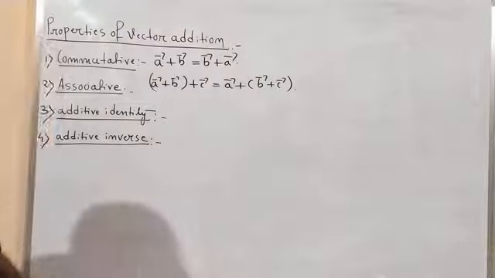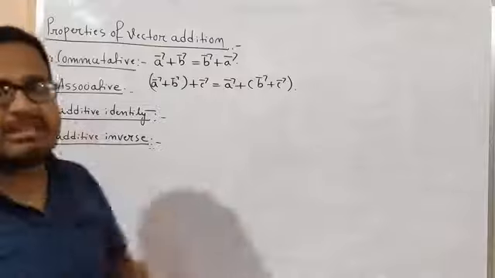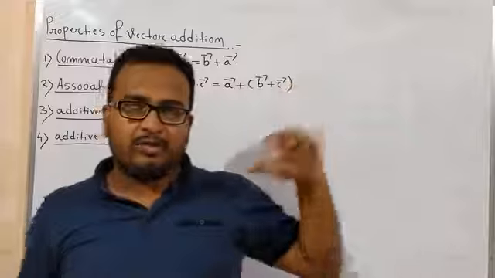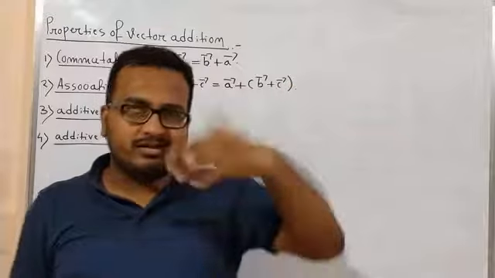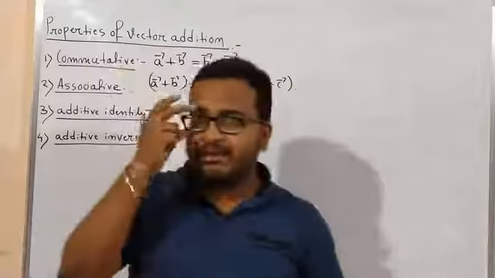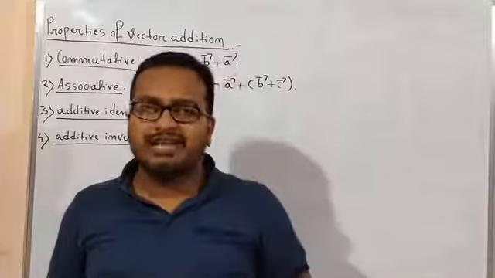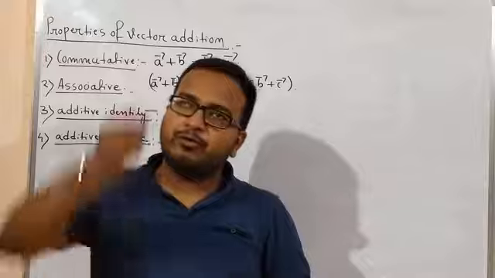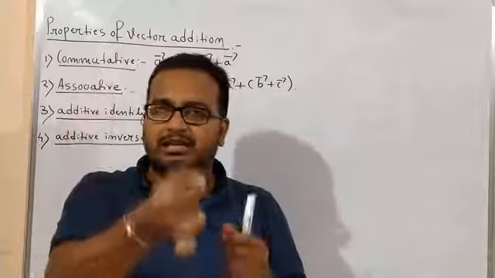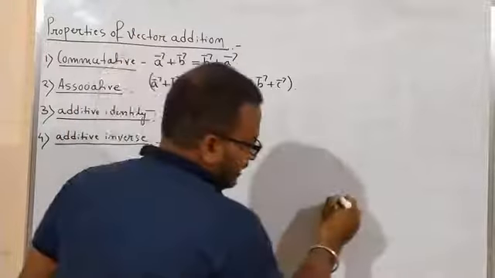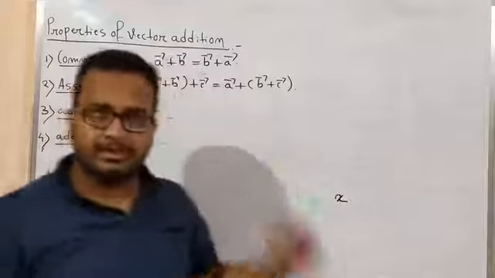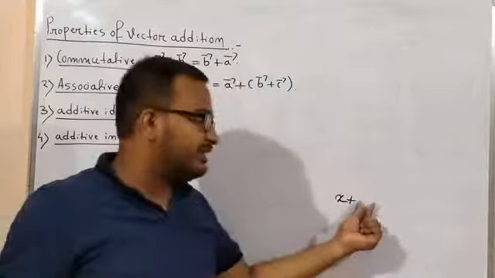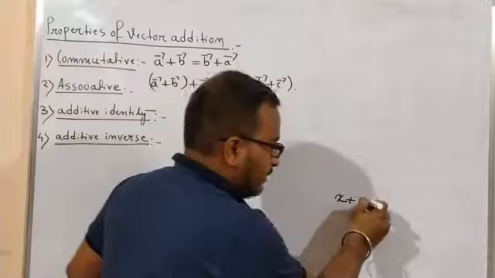Okay. So what does additive identity mean? Additive identity means, in case of vectors, I am going to discuss. Let us discuss in case of real numbers. What is additive identity? You have to take the operation of addition. Okay. So in the real number system, if you take any real number, say x, anywhere, one real number x, okay? Then what quantity can you add to it so that you get x only,